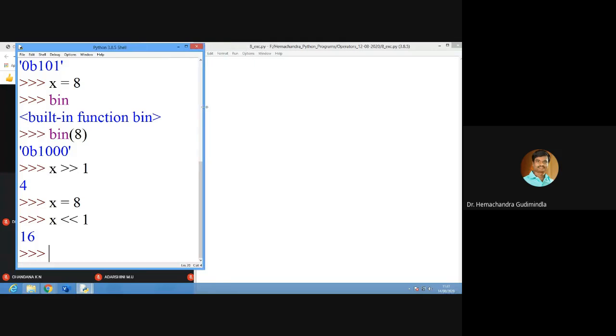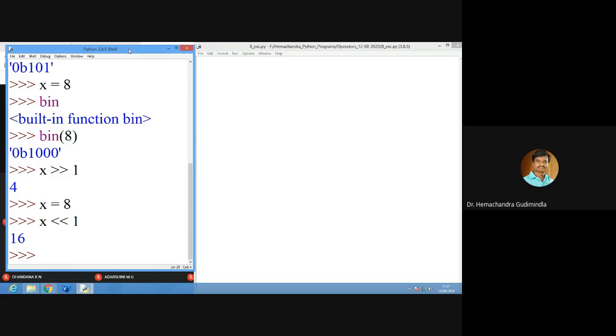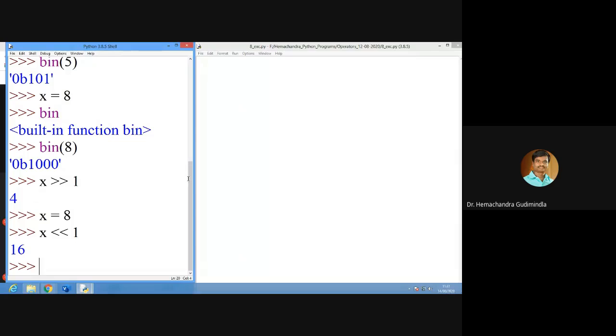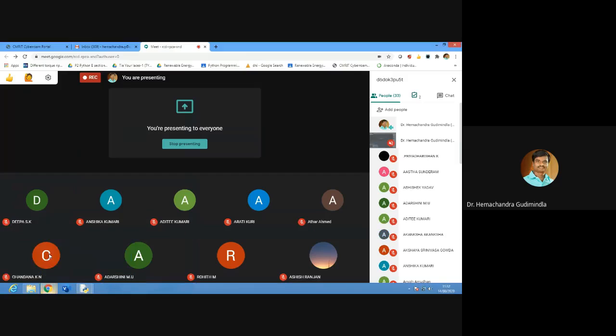First thing I want to tell you: if you are using a mobile, I already told you the application. If you are using a laptop or desktop PC, you can use this shell. Here you can work like this. But if you have very good internet connectivity, Wi-Fi, then I will suggest you to install the Anaconda application, so that it is very easy to show what the output is and all.